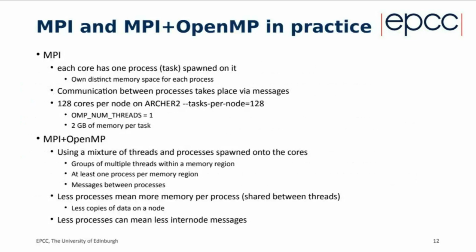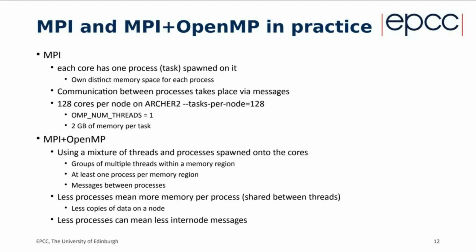So this is what it looks like in practice. For MPI, each core has one process or task spawned to it, and then it has its own distinct memory space per process. And then communication between these processes takes place via messages. On ARCHER2, with 128 cores per node, you set tasks per node equals 128. You will use one OMP thread, and then you end up with roughly 2 gigabytes of memory